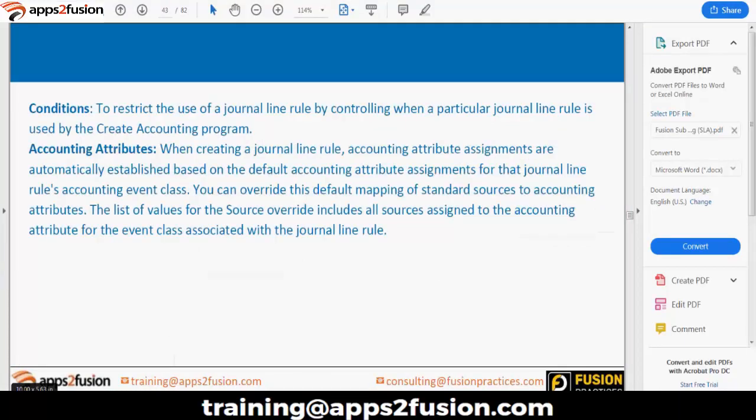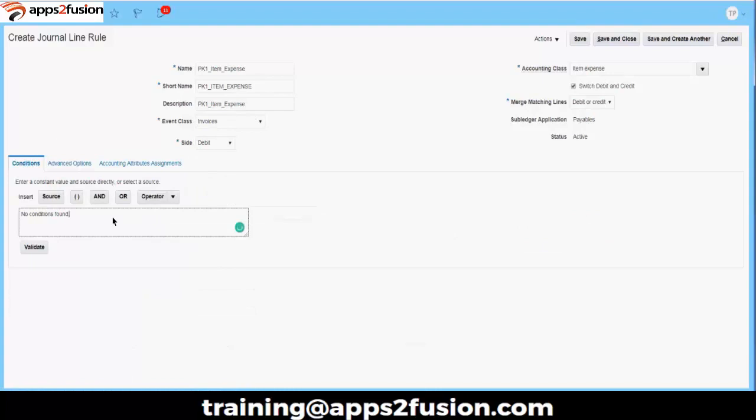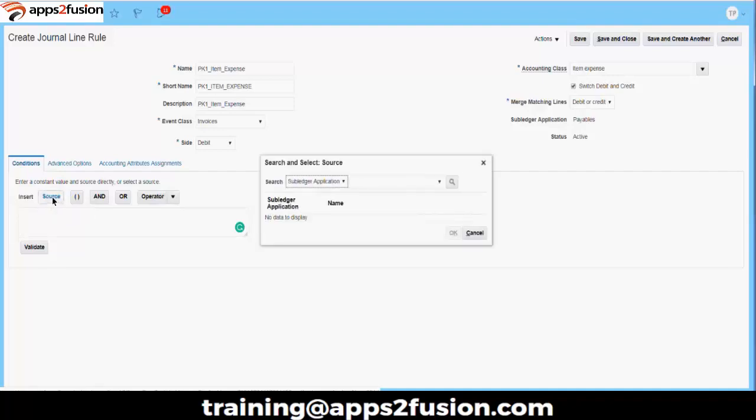So let us see what these options are. Conditions we have already covered. They are used to restrict the rule of line by controlling when this line is used. So I'm creating this line. So my condition can be this line will be generated only if, okay, let's put a basic condition here. So I'm saying that this item expense line will come if my subledger application or if my source name